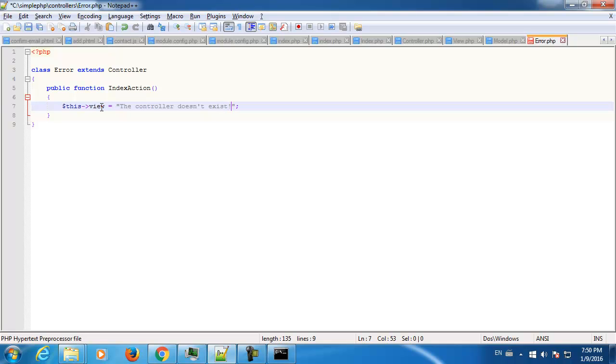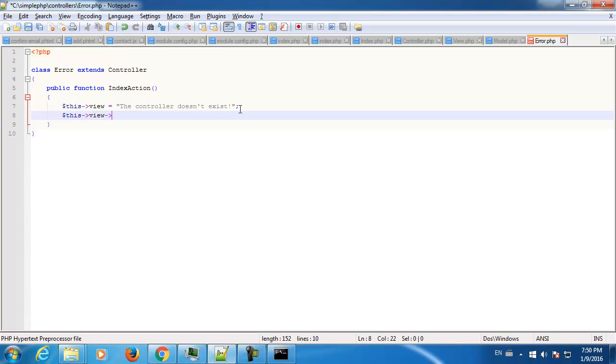The controller doesn't exist. Of course, this can be done with throw catch. We can think about that, but I'm looking right now for the very basic structure. First, I'm trying to create the structure, this view, and after that I will say this